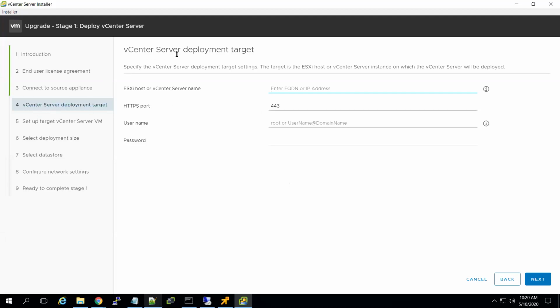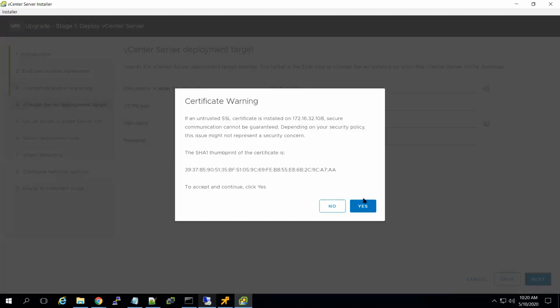step 4, vCenter server deployment target. Where you want to deploy your vCenter. So the same ESXi I will use, and password. Next. Yes.